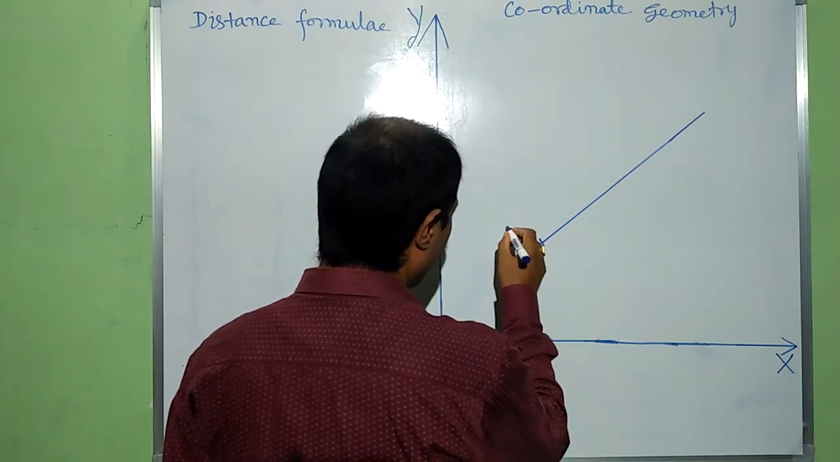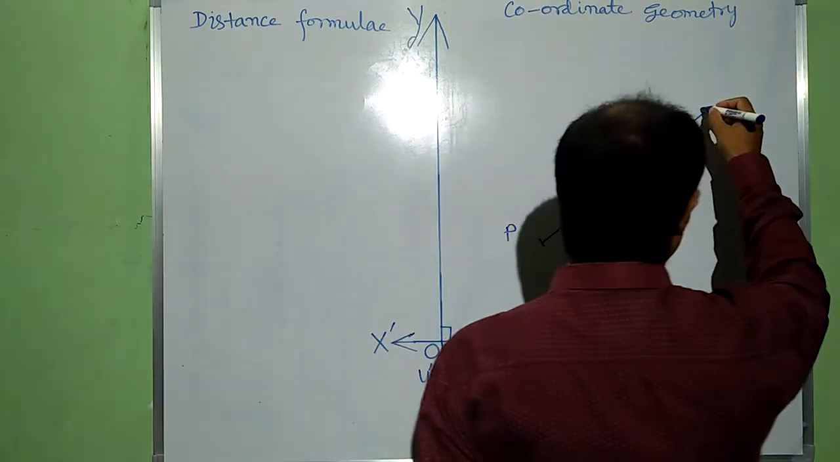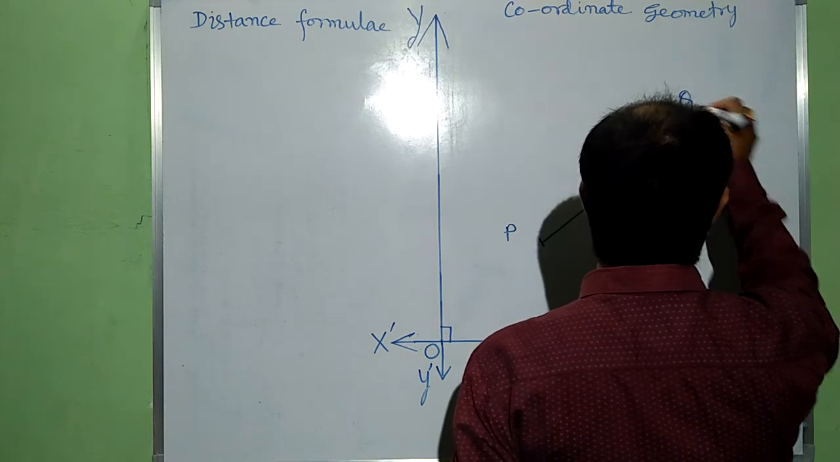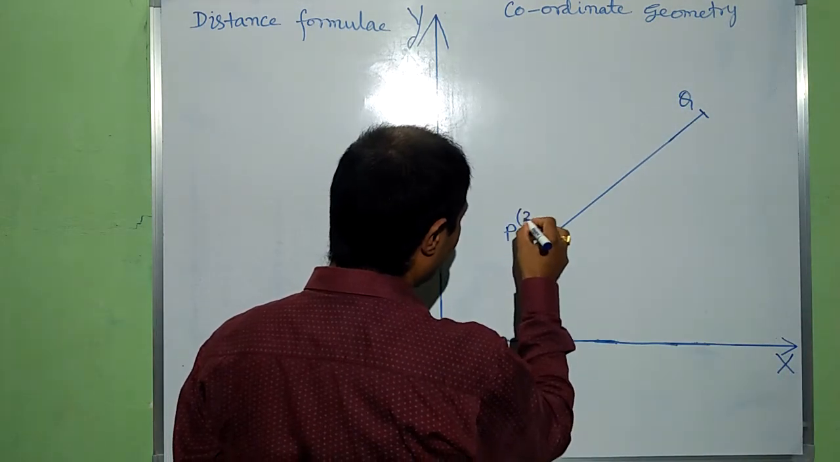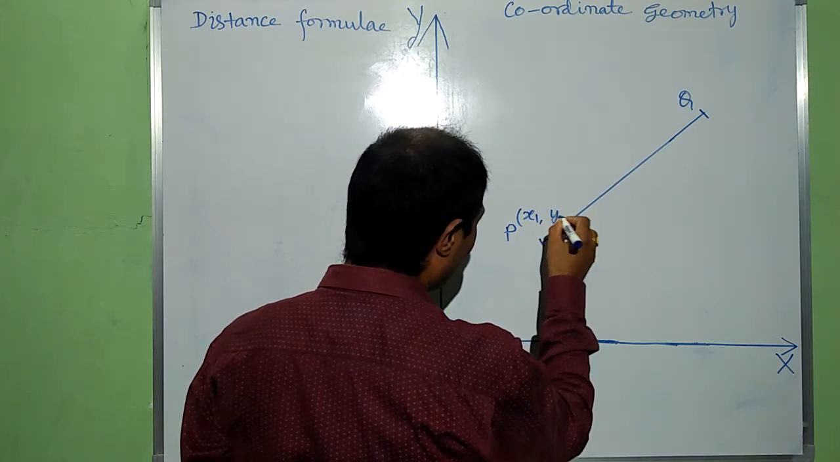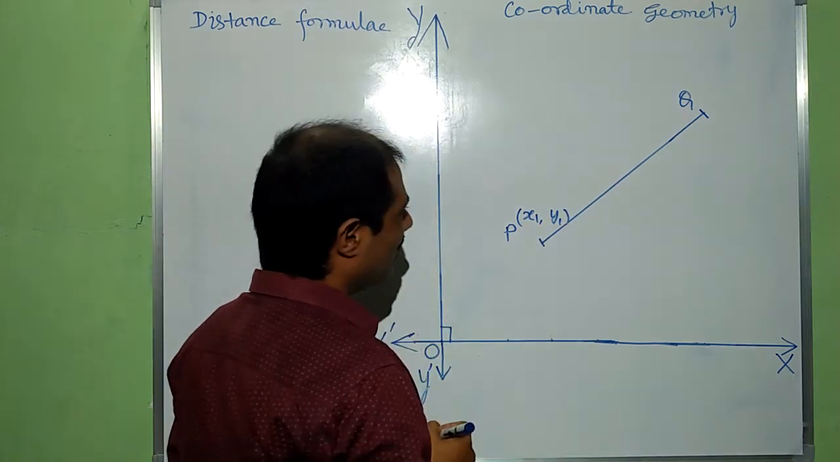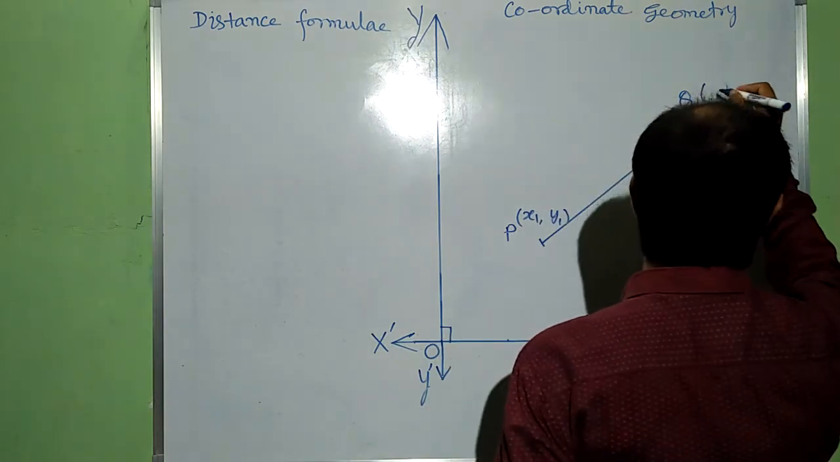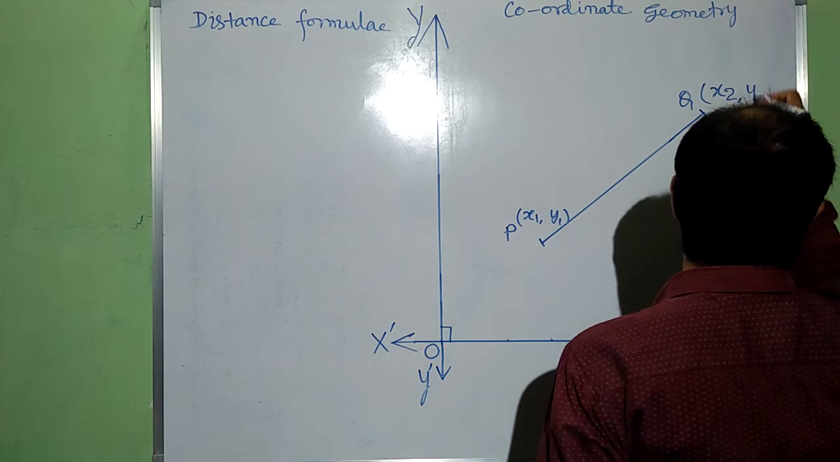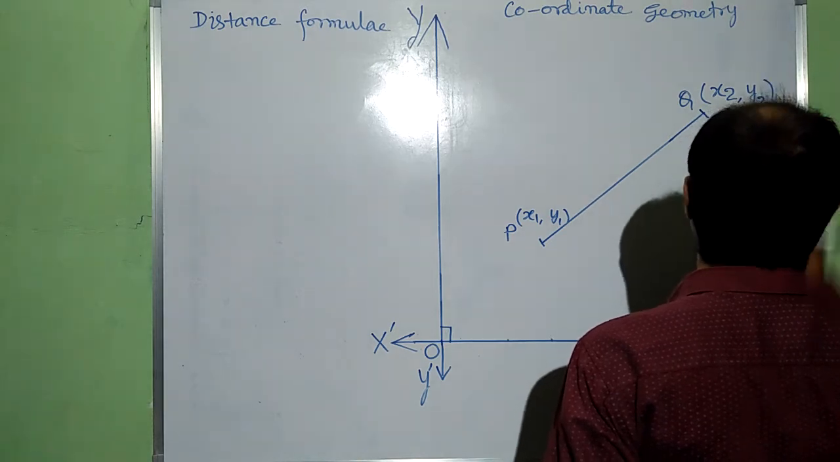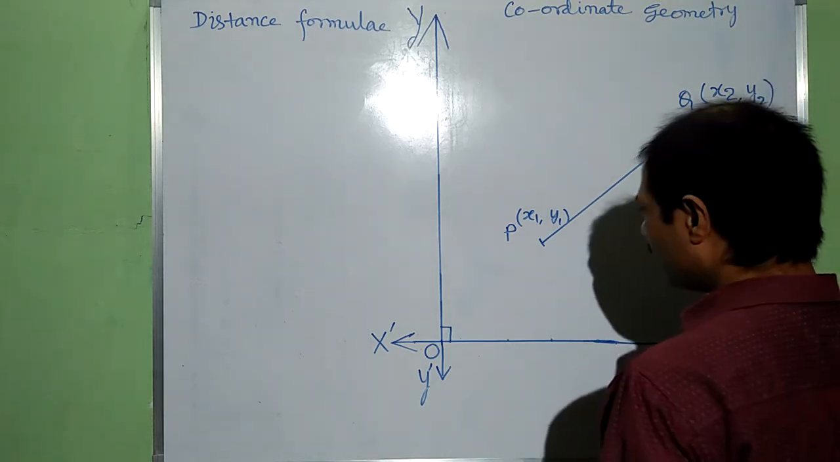Suppose this point is P and this point is Q. Its coordinates are like this: P, x1, y1. This is an ordered pair. Q, its coordinates are like this: x2, y2. This is also an ordered pair. Now,